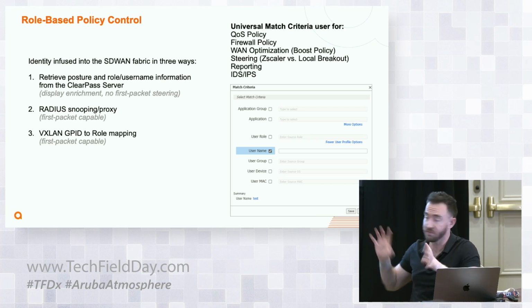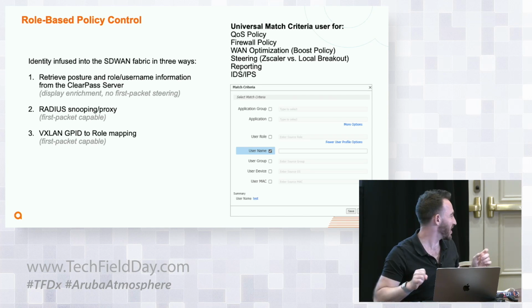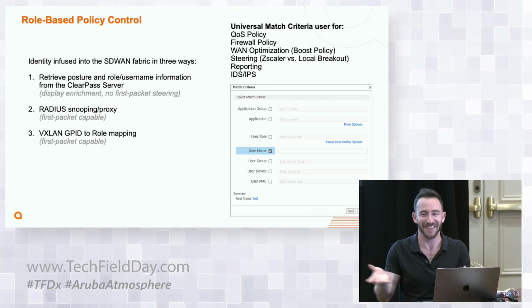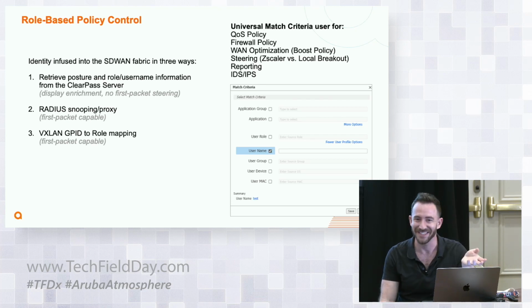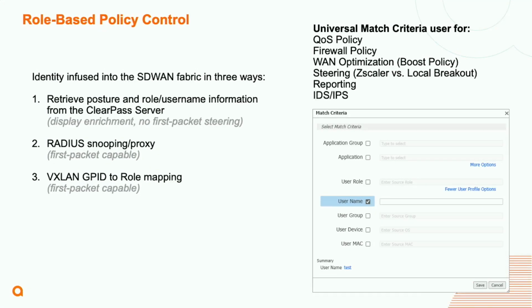Marketing's probably kicking me for not saying security immediately, but that's primarily the use case for this ultimately. But the enterprise appliance will be able to use role information to define any type of policy. So whether that's a zone-based firewall security policy, or in terms of steering traffic, like whether or not we want to send